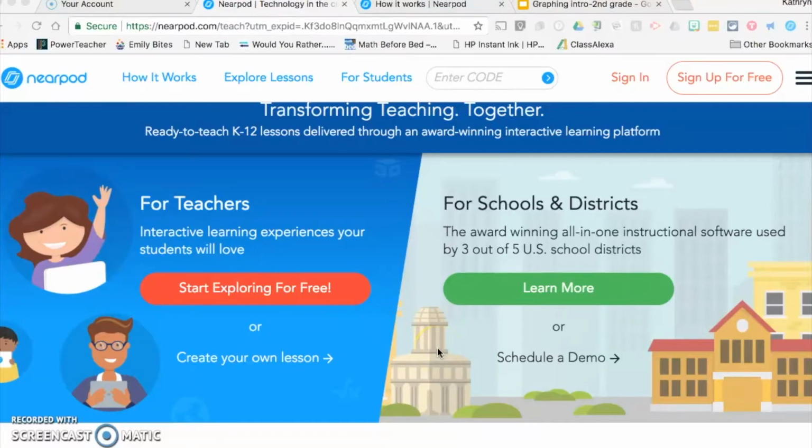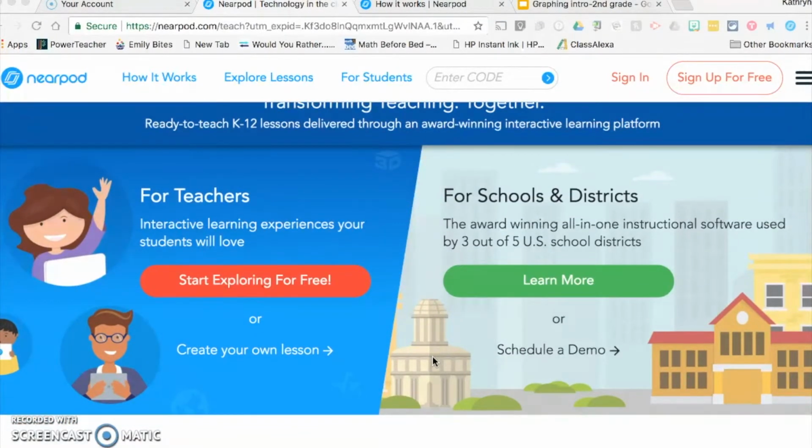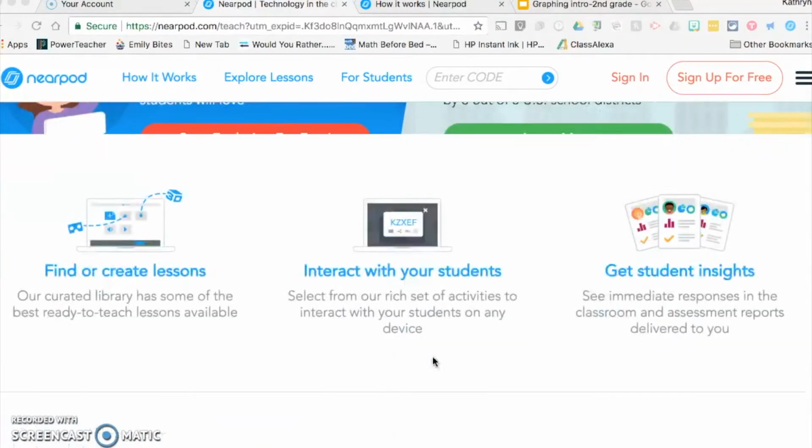Hi everyone, I'm going to show you a little bit about a program called Nearpod. I'm currently on the website of Nearpod, but there's also an app available for the iPads. Before we sign in, I do want to just show you here on the home page, if you scroll down,